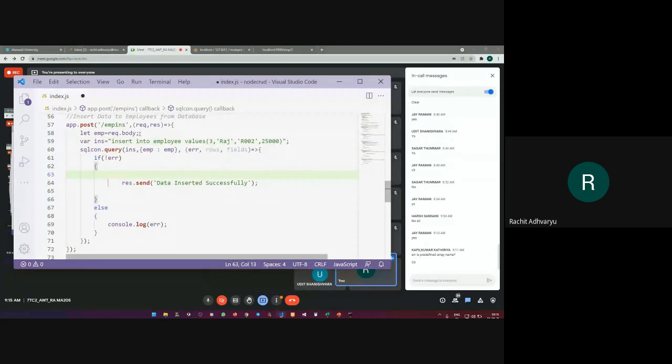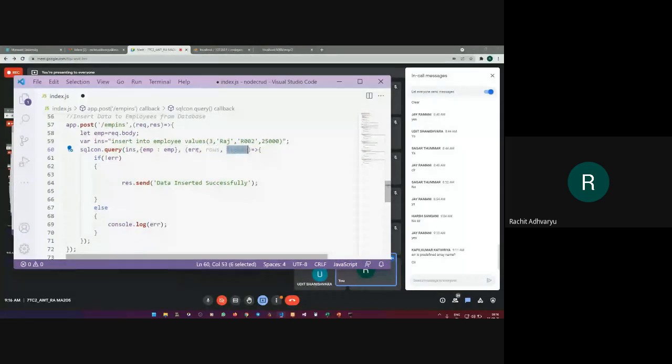Now I'm saying that SQL con.query INS. So I want to execute this INS query, right? I'm saying that the complete body of this query is to be executed in the single variable called EMP. So EMP is to be executed on these particular rows and columns.